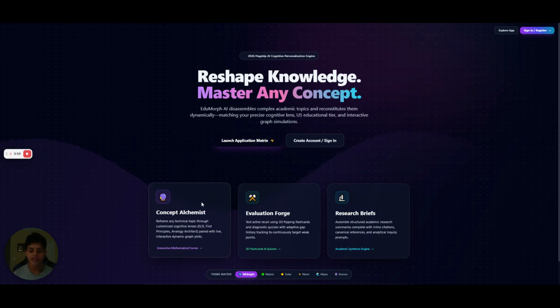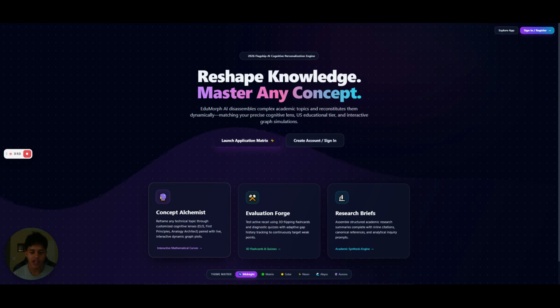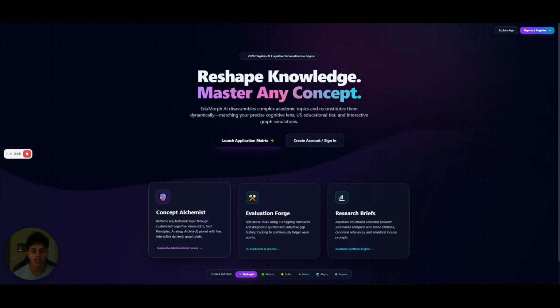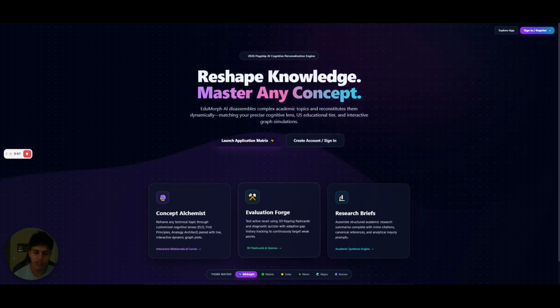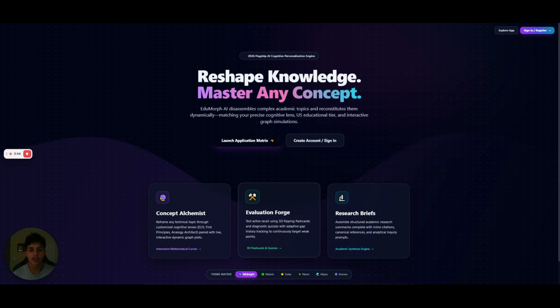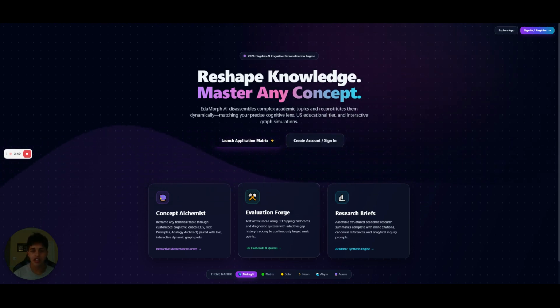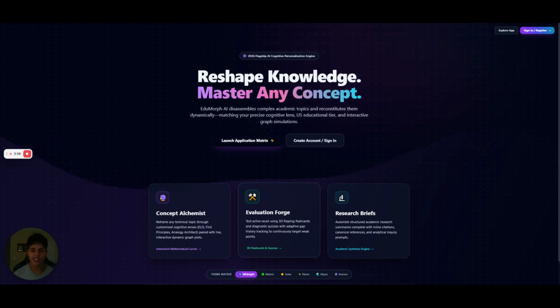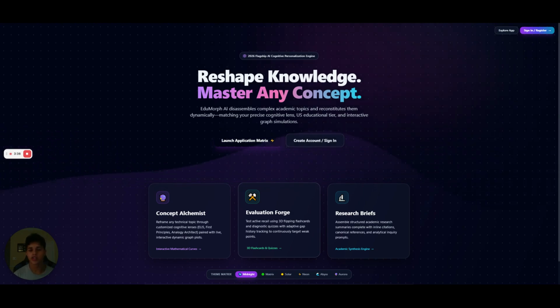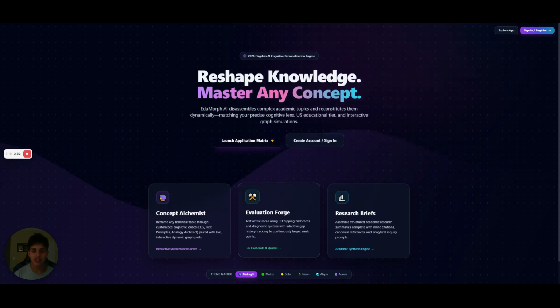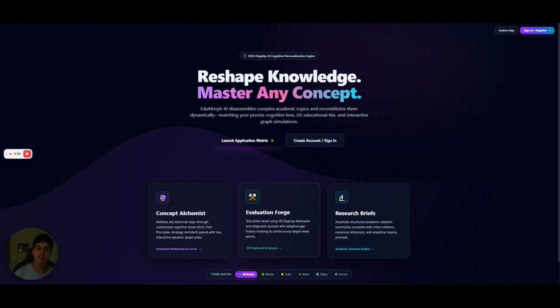First, we have three main modes. We have the Concept Alchemist, which essentially just explains different topics. We have the Evaluation Forge, which can give active recall, 3D flashcards, and also different tests. So students can use different learning techniques like active recall to learn more. These are also adaptable, and say if students are getting too many things wrong, then the test will become easier